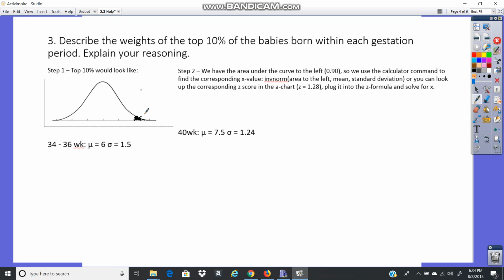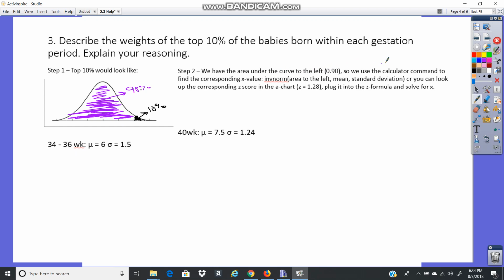Okay, here's 10%, which means the other 90% would be my bottom 90%, and this would be my top 10%. Because my z-chart gives us the area to the left, and the area to the left of the top 10% is 90%. So since we have the area under the curve, we don't have the z-score,